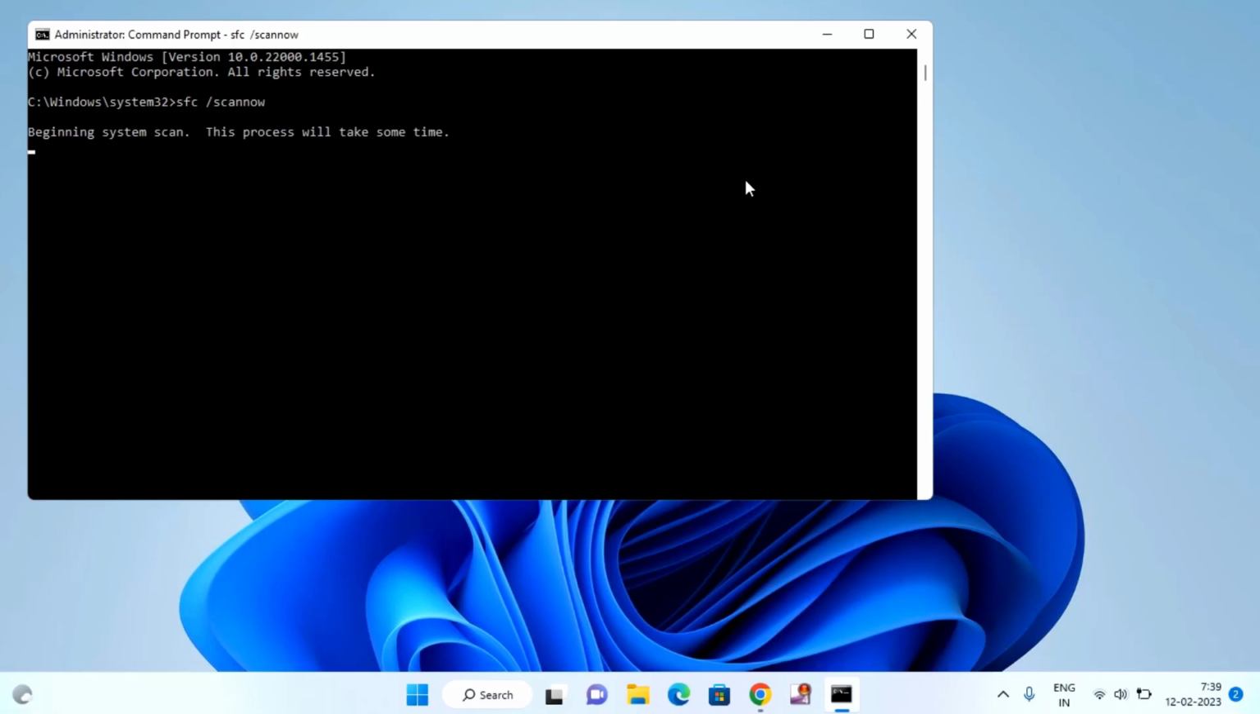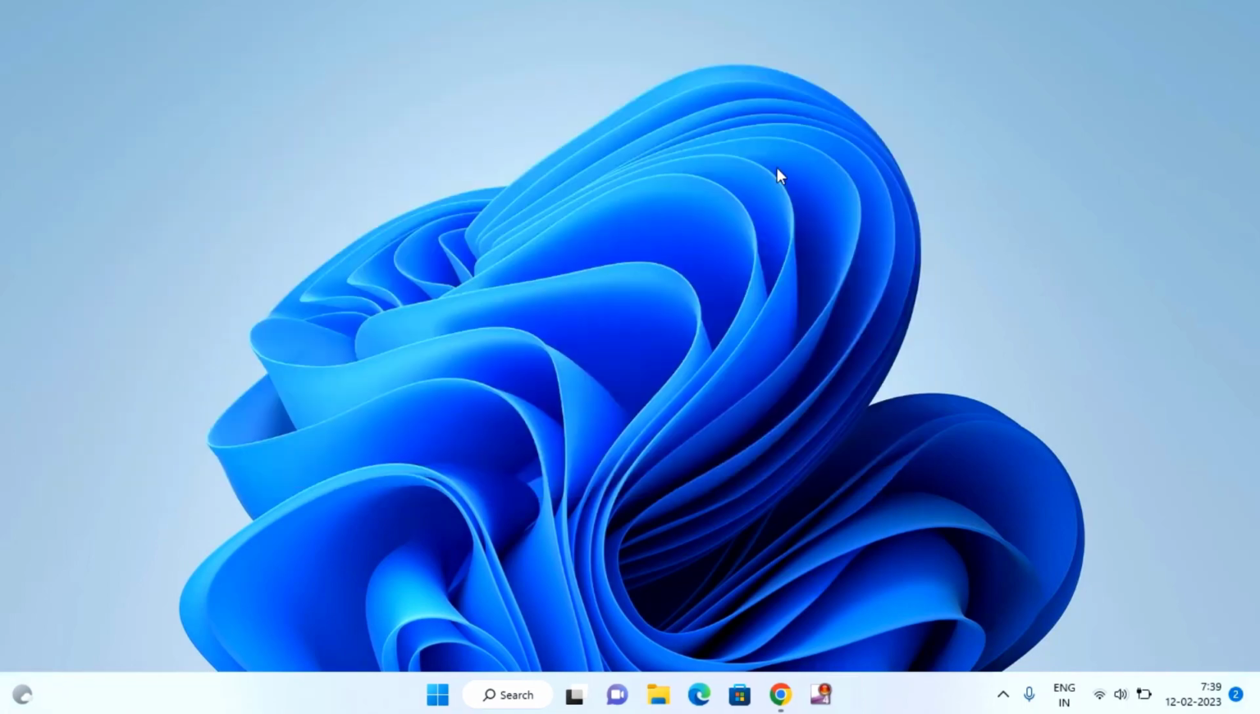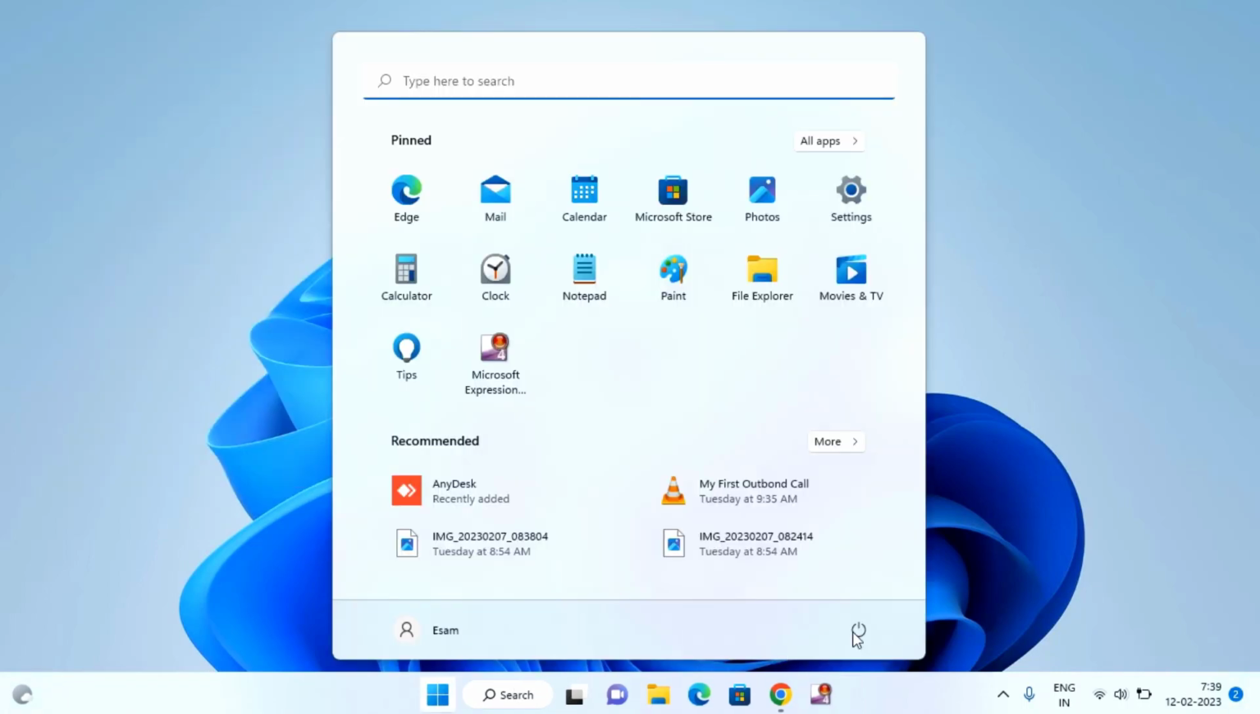After completion of this, just close this window, and then you need to restart your laptop or PC. After restarting your laptop or PC, hope your problem will be fixed. That's it guys. In this way you can fix application error 0x0000005 on your Windows 11